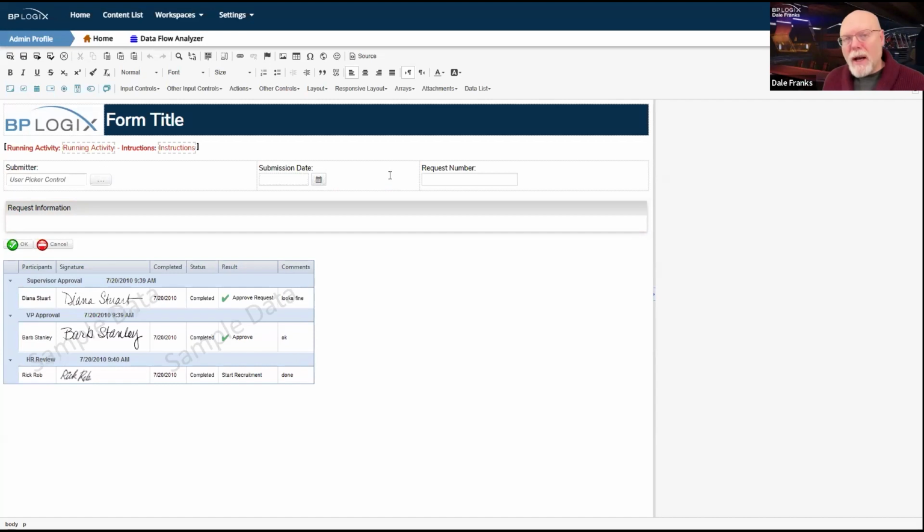The reason that I'm doing this is to provide a consistent look and feel across all of my applications to my end users. So every time they open up a form, they see a familiar interface. I have seen in the past customers who don't have a unified form interface, and every time somebody opens up a form, it looks completely different.